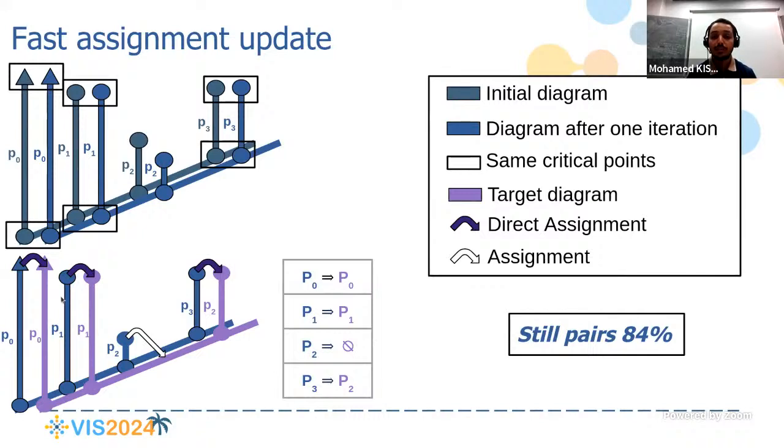We observe that certain pairs remain unchanged through the execution. That means they keep the same critical vertices in the data. Therefore, we can reuse their matching with the target diagram. In practice, for the simplification considered in our experiments, 84% of the pairs remain unchanged, so we take advantage of that and only run the assignment for the remaining